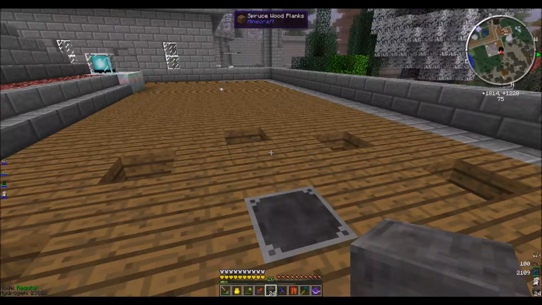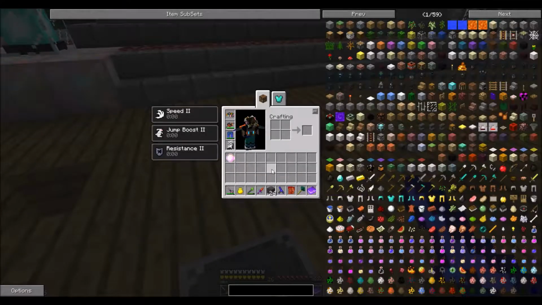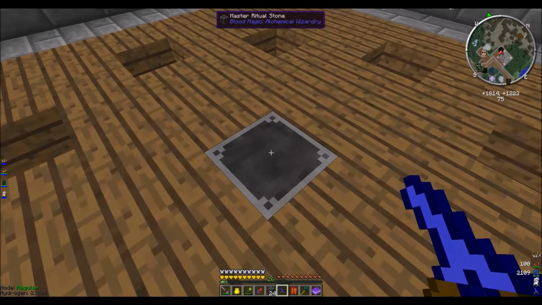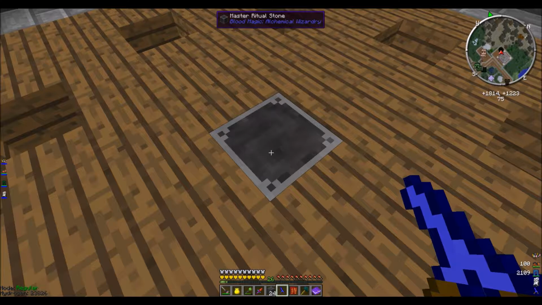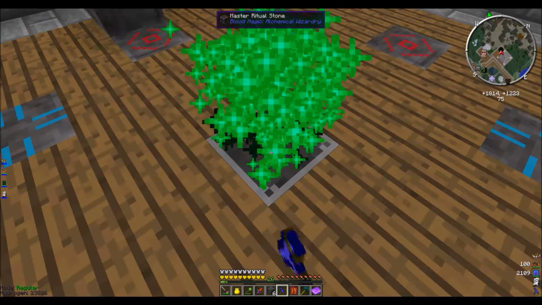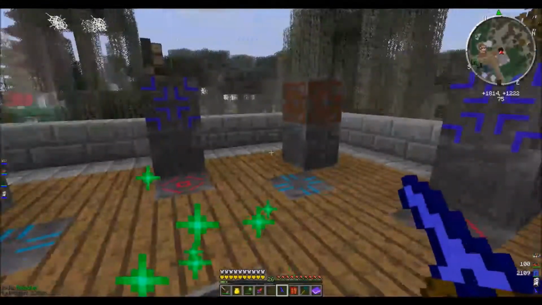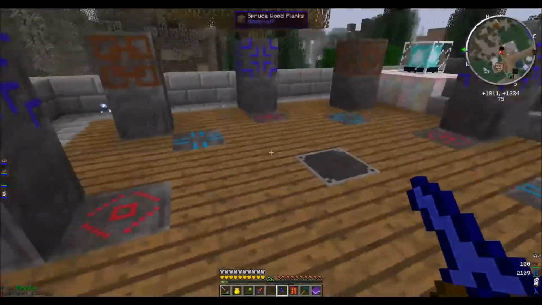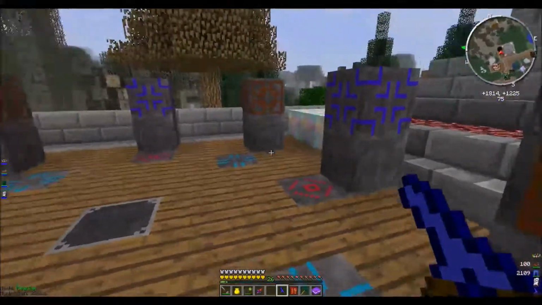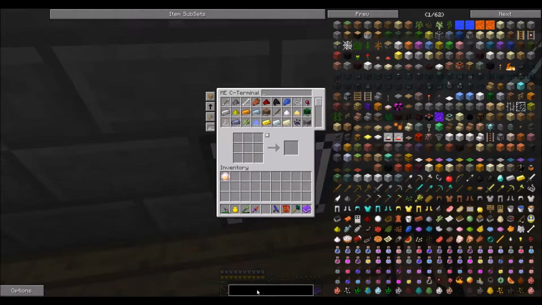Fairly simple recipe. And what I can do now, because I have the right number of ritual stones, is take the ritual stick and right-click on the master ritual stone, which I placed previously. And it will now take those ritual stones out of my inventory and use them to build the ritual. So a ritual is composed of a set of standing stones. Now there's one other thing necessary for a ritual,